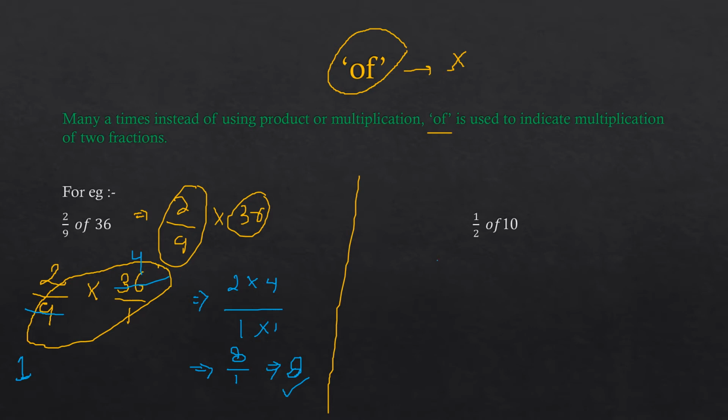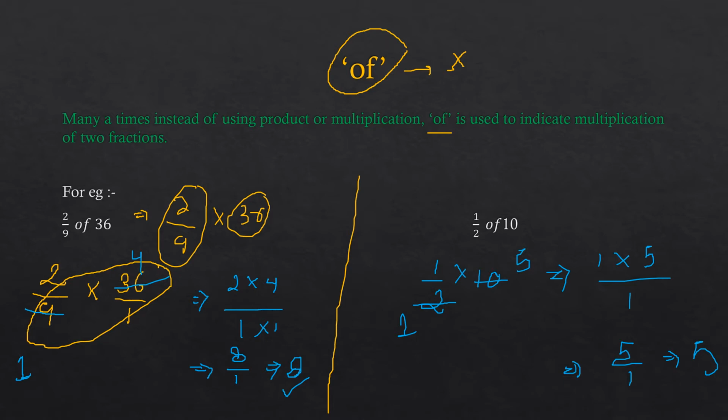Now let's come to the next question. You can do it directly also. Let's do this question directly. Okay, 1 upon 2 into 10. You can see 10 and 2 have a common factor 2 between them. Therefore we will use 2 to reduce both of them. So 2 divided by 2 gives us 1 and 10 divided by 2 gives us 5. Therefore we are remaining with 1 into 5 by 1. Therefore 5 into 1 gives us 5 by 1, and this is nothing but equal to 5. Hence this is how we solve the questions which have the "of" operator.